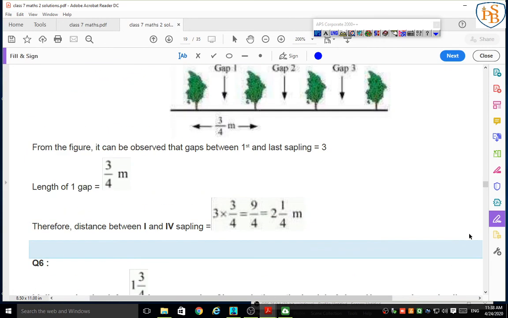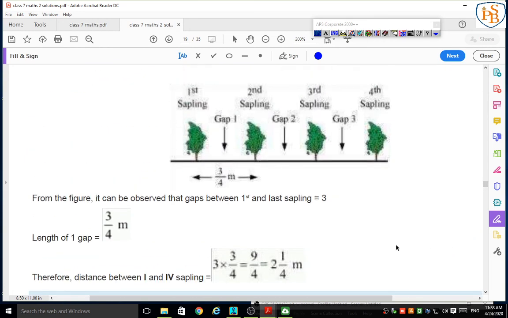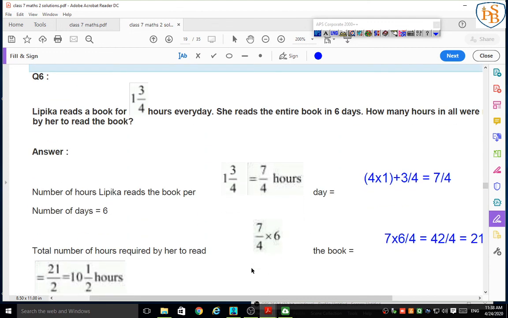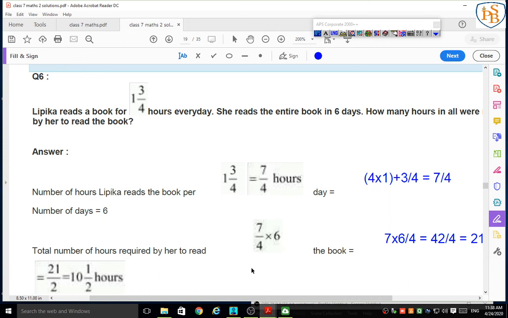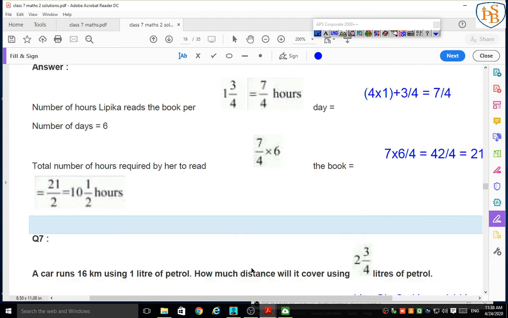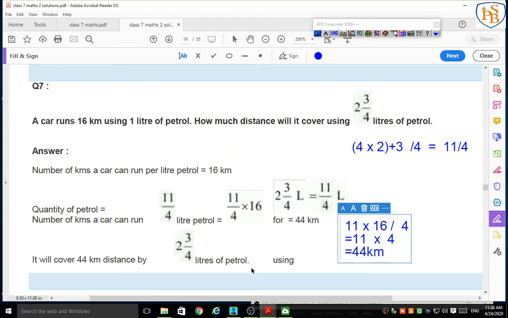Okay, look here, this one is the 5th question. By revising this video, you can solve this yourself. These word problems are very easy. This is the second. With the help of this video, you can stop the video to revise this question again and again. And this is the 7th question. Please stop your video and try to read this question, try to understand this question, and if you have any query you can ask me in the comment box, and you have to solve this whole exercise 2.3 in your notebook.